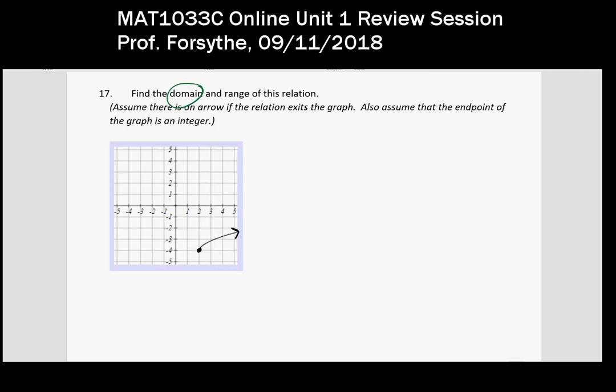Okay, so the domain. So we're talking about our x value, so we always go left to right. So we're going to start, the very left of this graph is at 2, and it's an arrow, so it's going on and on to infinity. So the domain is going to be